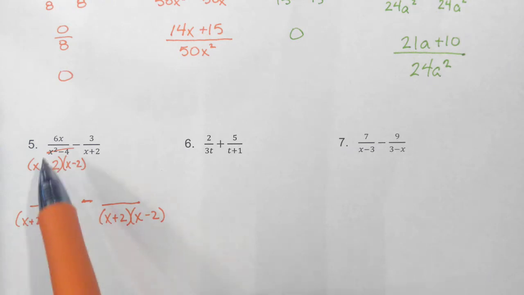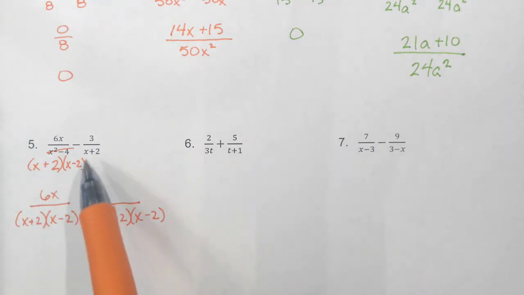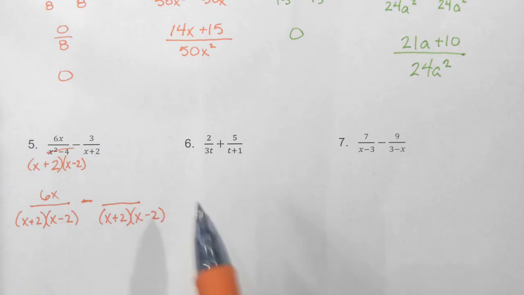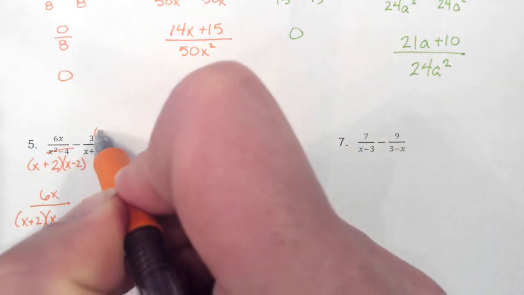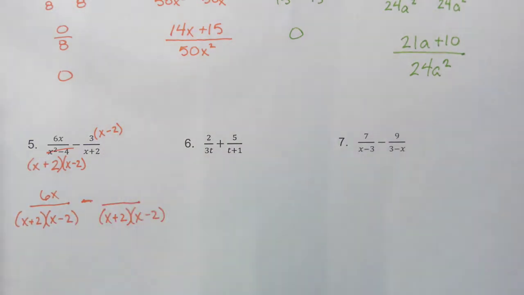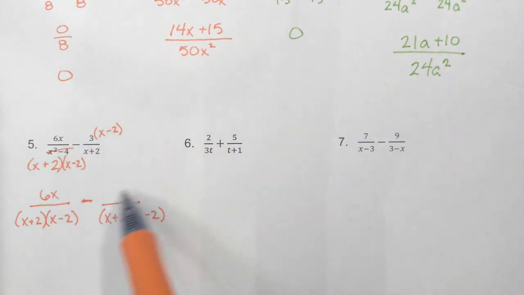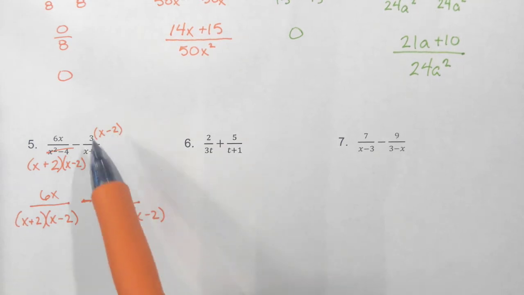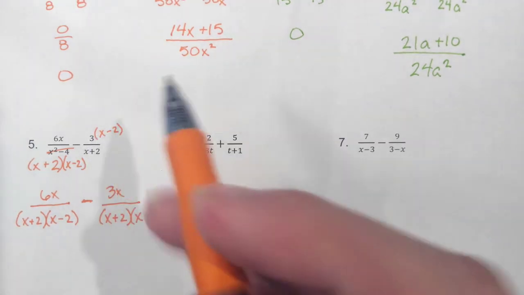Well, this denominator did not change, so your numerator should not change. The second denominator, however, did change. What's new from x plus 2 to x plus 2 times x minus 2? Well, obviously, the x minus 2 is new. So my numerator will have to be multiplied by the x minus 2 that is new. And then you're actually going to want to distribute that, and I'm going to distribute it as I rewrite it as my numerator. So 3 times x is going to be 3x, and 3 times 2 is going to be